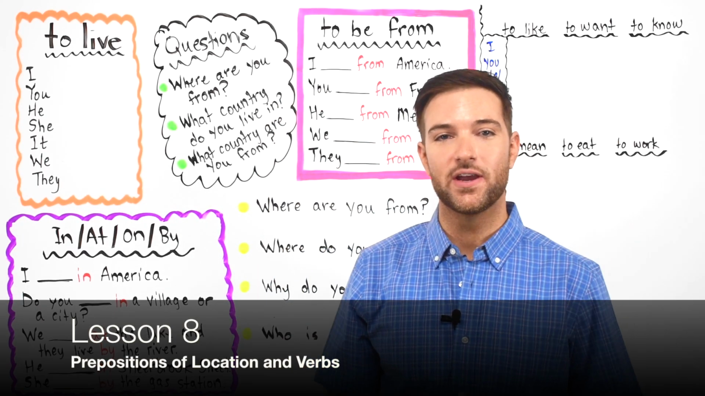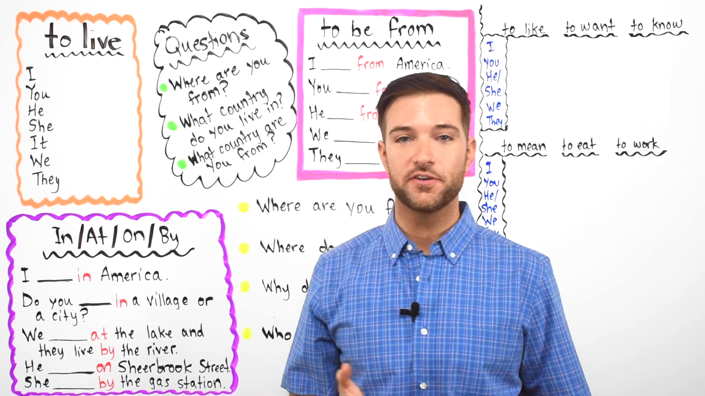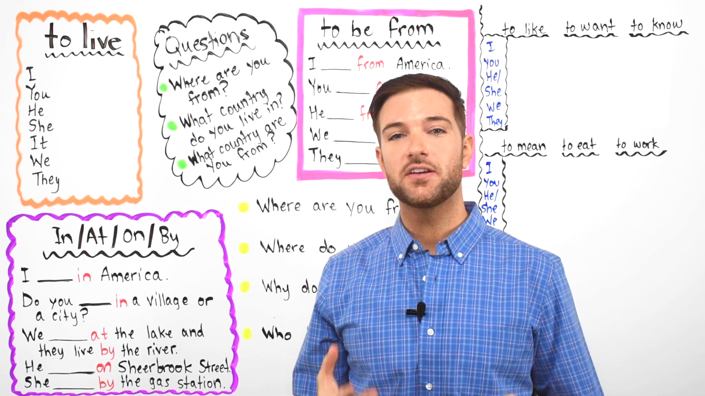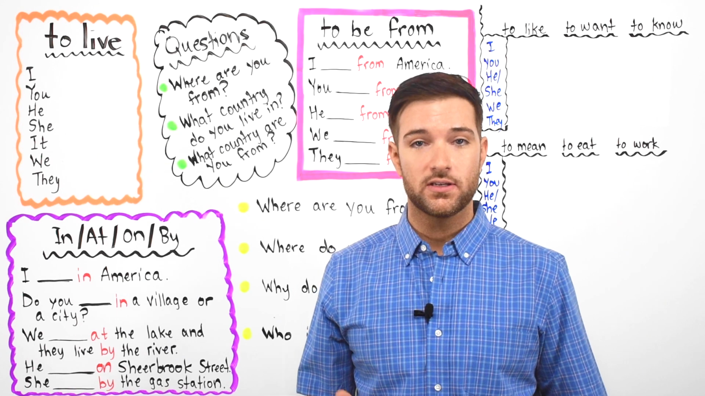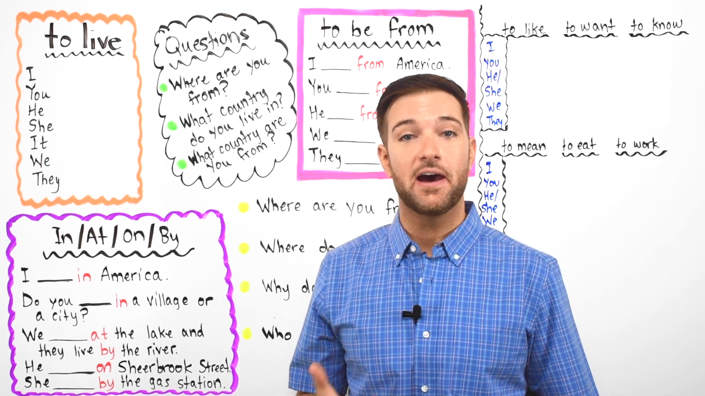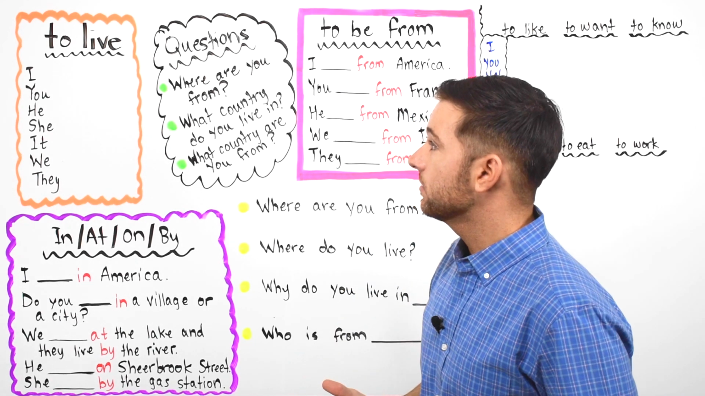This is lesson number 8. So, if you want to know how to talk about where you live and where you're from, then this lesson is going to be very helpful to you. On top of learning about where you're from, we're also going to look at several new verbs and find out how to conjugate them. So first, let's go ahead and jump right in and take a look at the verb